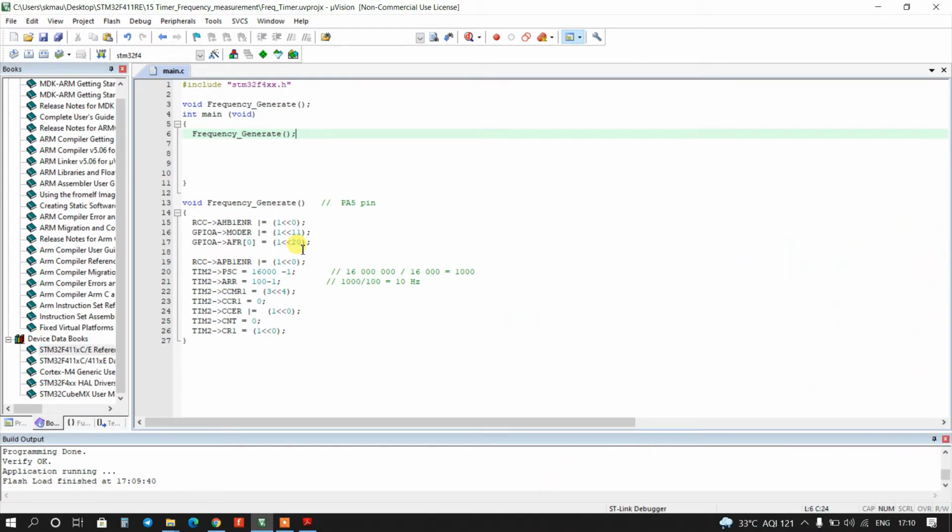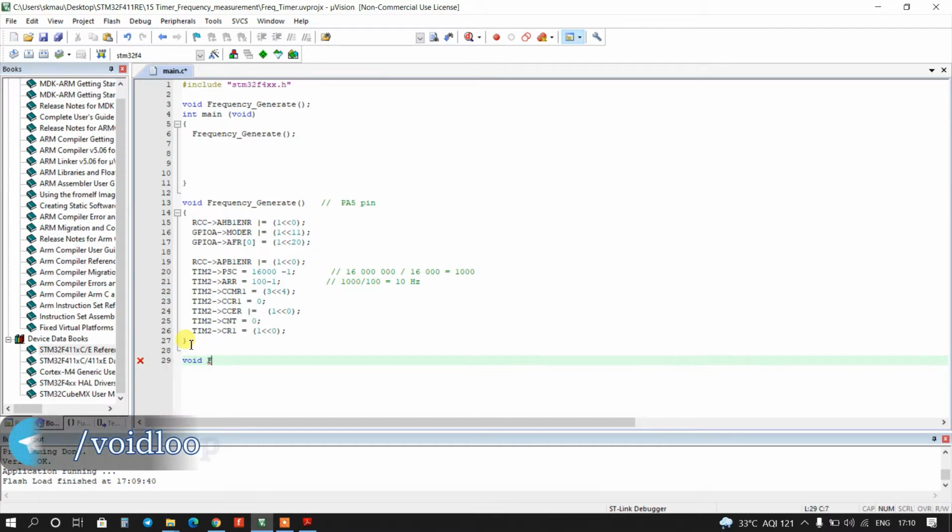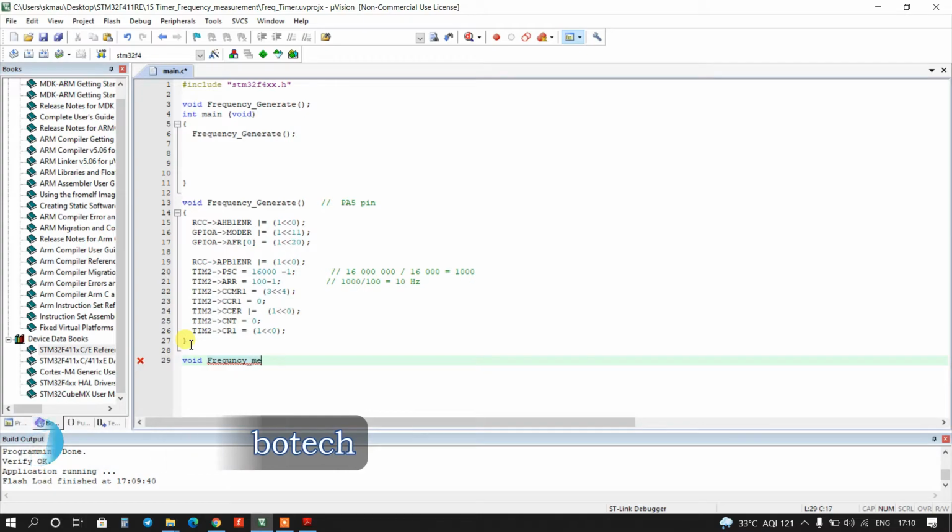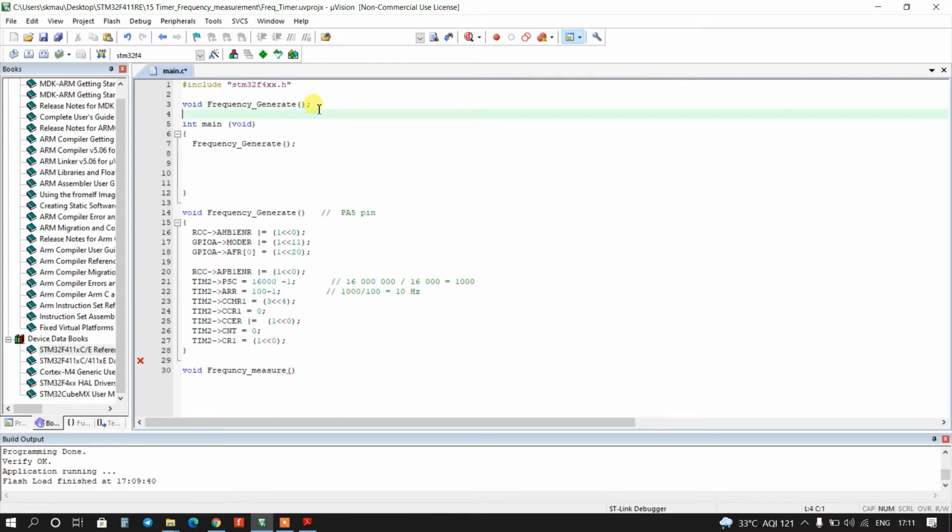Okay, so we will create a new function here. It is void frequency measure. Okay, I will copy and paste here as a prototype function, right?